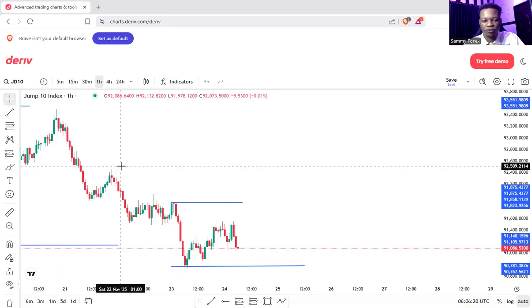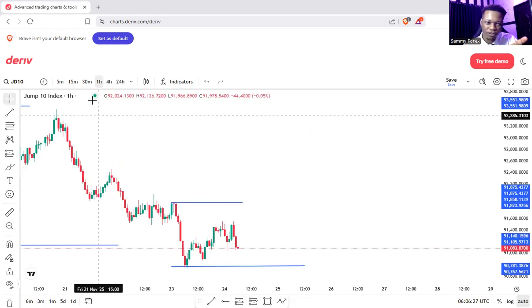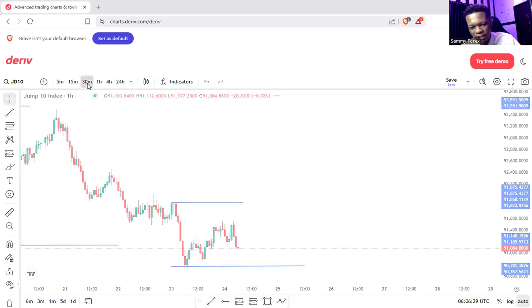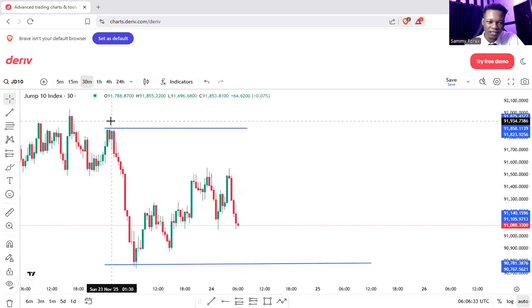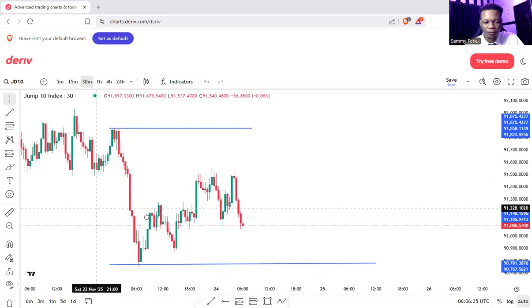So in case any swing levels are active to pull out the price, by then your TP might have been smashed. You see, this is currently on the 1 hour time frame. If you drop lower to your 30 minutes time frame, you see what the price is doing. At your 30 minutes time frame, you notice this is a very smart move from the 30 minutes time frame,